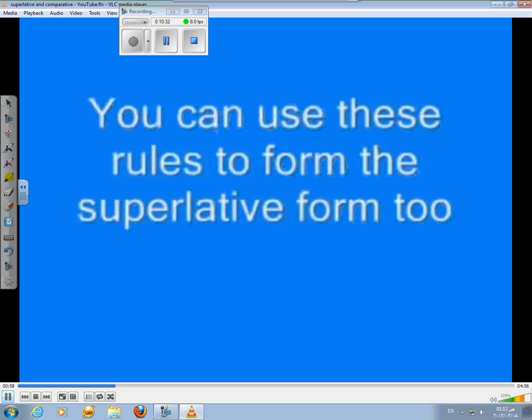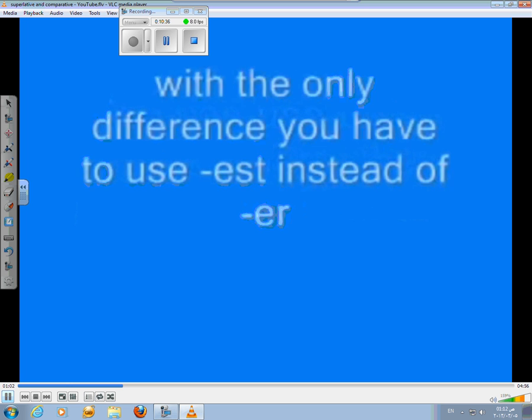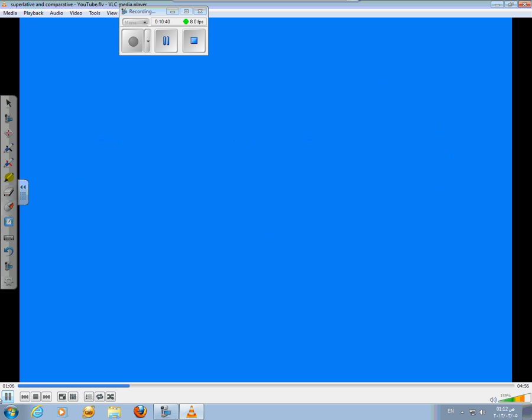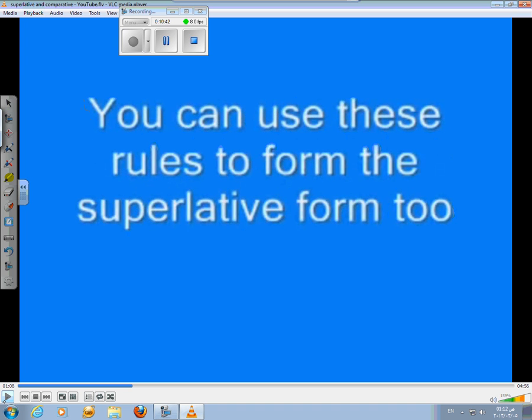Form in a different way. You can use these rules. Form the superlative form too, but the only difference is you have to use EST instead of ER. You can use these rules. The only difference between the comparative and the superlative is